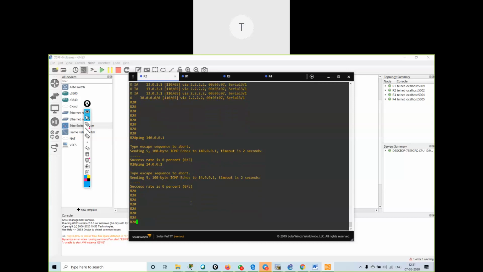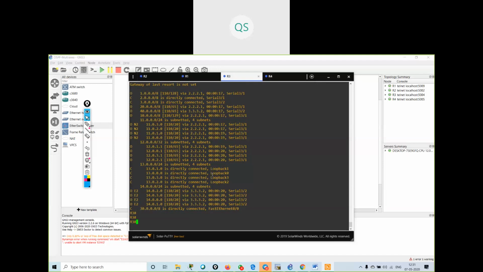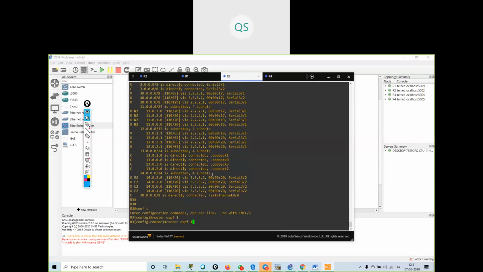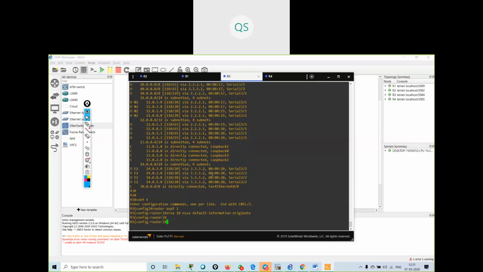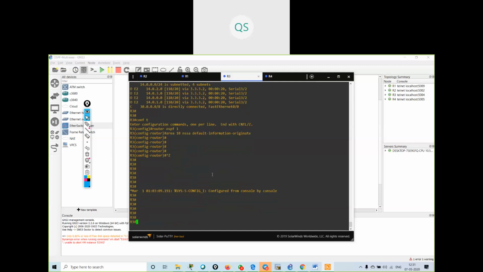Basically, if you are running two routing protocols on both sides, as in our example, then on the ABR you have to give default information originate. In production also it will be like this only.